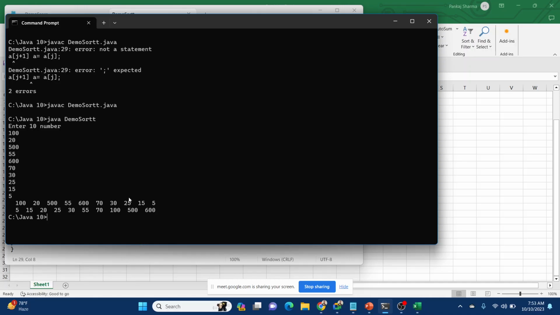Because we sort the numbers, we make sure that the list is arranged in ascending or descending order. You can practice it by doing it in descending order, because we will sort this list with 600, 500, 170 in decrementing order, right? You can test it out. So this is the sorting part.